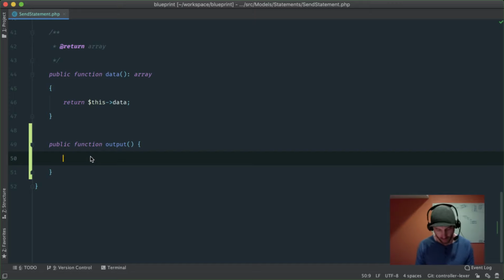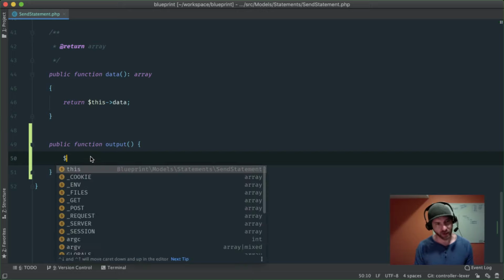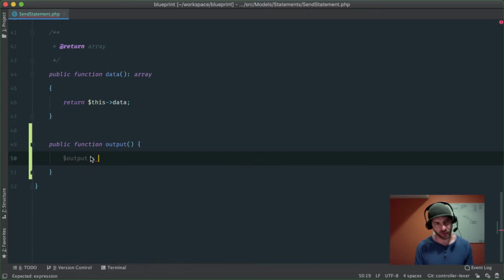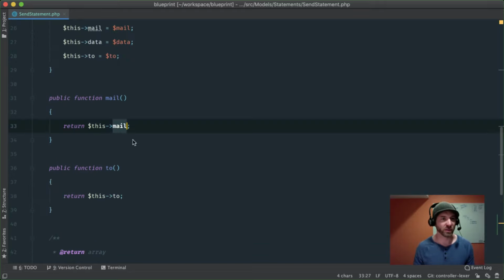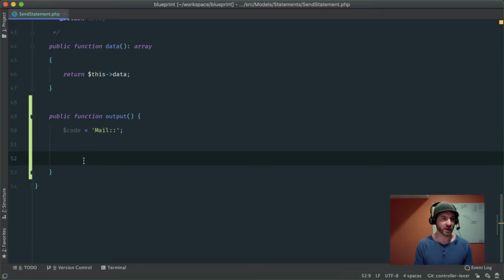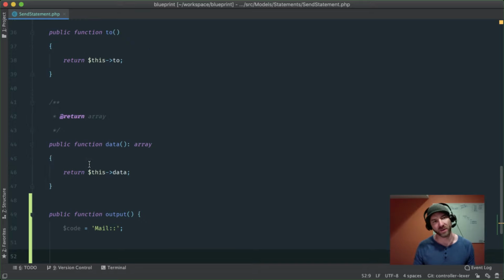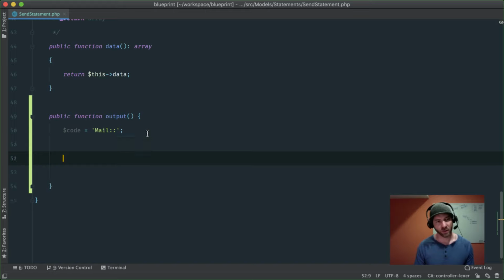So we know right away a couple different things. We know that the output is going to, or let's call this code. Let's just call it code for now. So we know that it's going to have mail, and that's about all we know. So we probably also know that we're going to need to generate something. So this is going to be the mail piece of it. So we could say a couple things here. We know that we have, I guess we could see if we have a to. So we can say if this to,